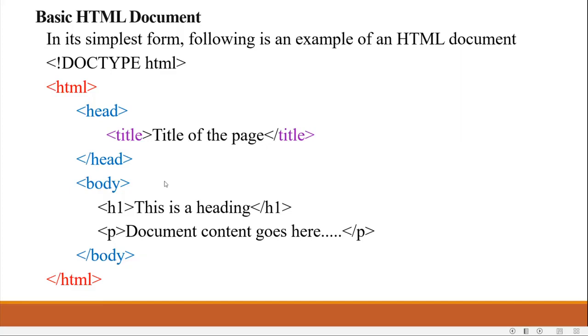We have two types of tags. One is paired tags and the other one is singular tags. Paired tag means every open tag has its own closing tag. It has its own companion. Those tags are called paired tags. It means head with a closed head, title with a closed title, body with closed body, HTML with closed HTML. All these are called paired tags. Every opening tag will have its closing tag as its companion. If there is no companion, in the sense only the opening tag is there, then it is called a singular tag.